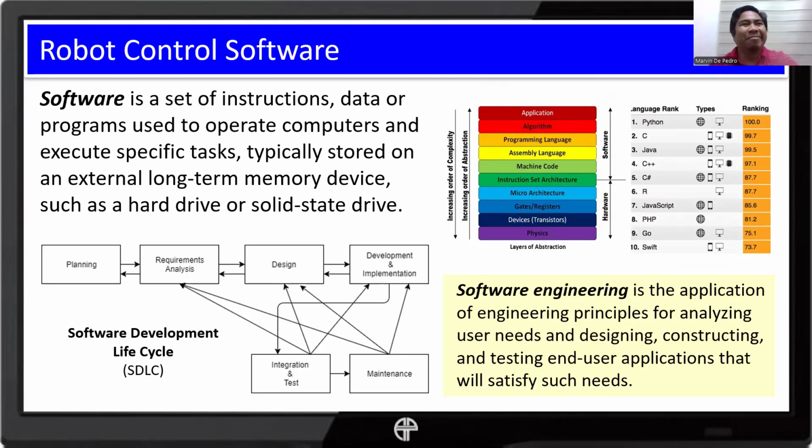Okay, so as long as we don't meet the requirements that we have established, then we can go back and forth with the different stages, such as requirements analysis, design, and even planning, right? So basically, we just design, build, and test. Design, build, and test, right? Until we come up with the most appropriate, most desirable solution.